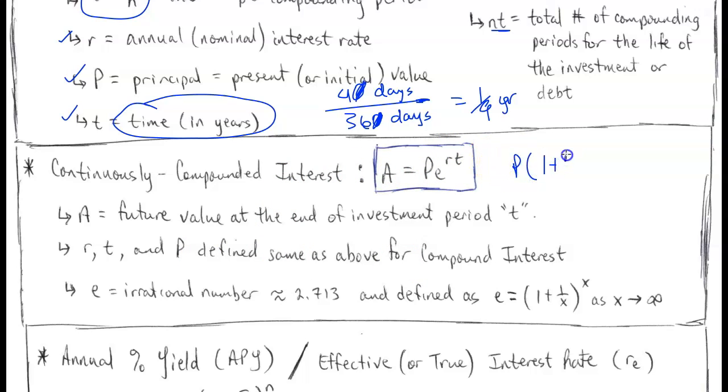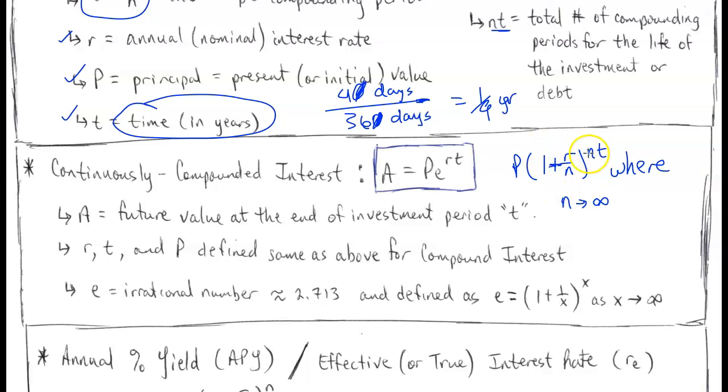What this really is, essentially, is the same as this particular formula here, but the difference is that the length of the compounding periods is getting so small that we essentially say the number of compounding periods is infinite. Okay, so if we're compounding interest every moment of every second of every day, every fraction of a second, every fraction of a second,